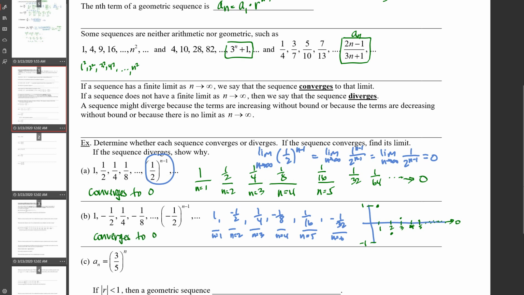Okay. Another way to do that would have been to take the limit of this. So I could have done the limit as n goes to infinity of negative 1/2 to the n minus 1. Okay, that's the same thing as the limit as n goes to infinity of negative 1 raised to the n minus 1 over 2 to the n minus 1. I don't know if this will be helpful. What this does is this says